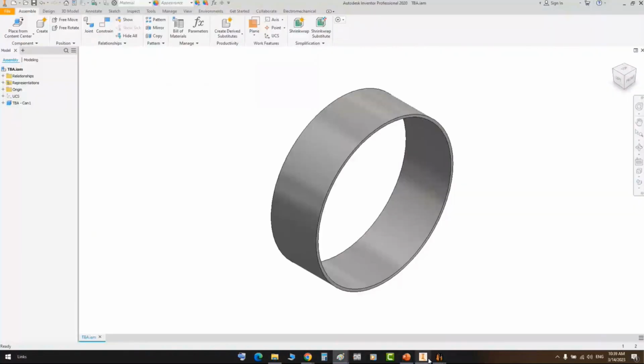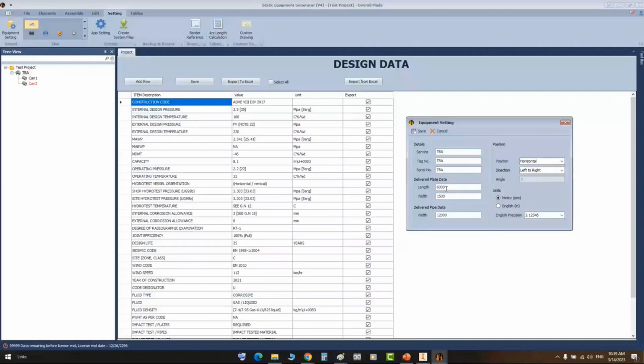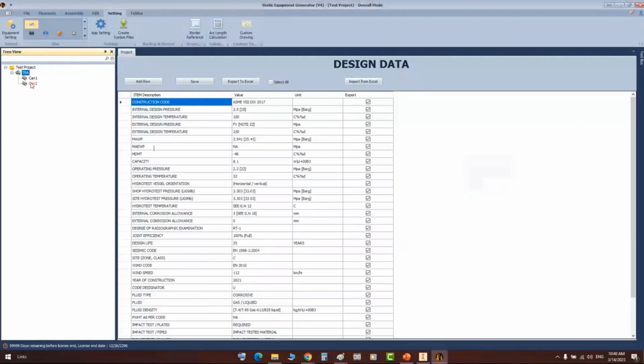For example, after modifying this, that length may cover an inside diameter of maybe around 1,700 millimeters. So if we increase the inside diameter, let's save this value